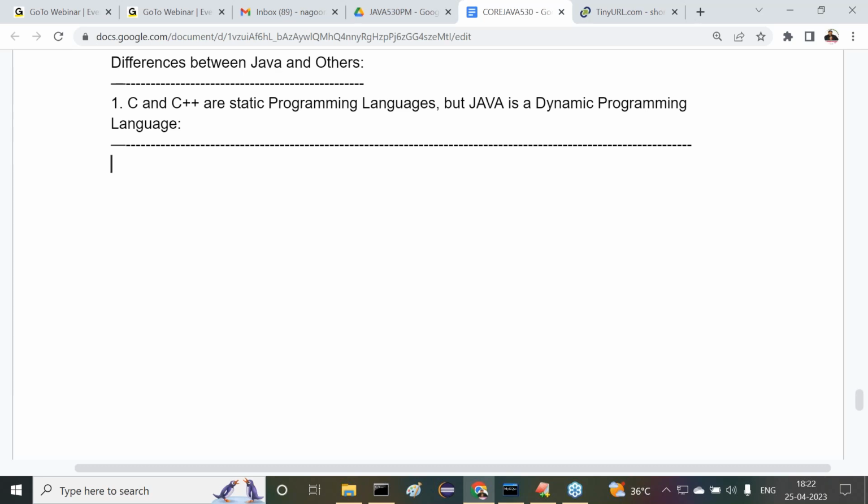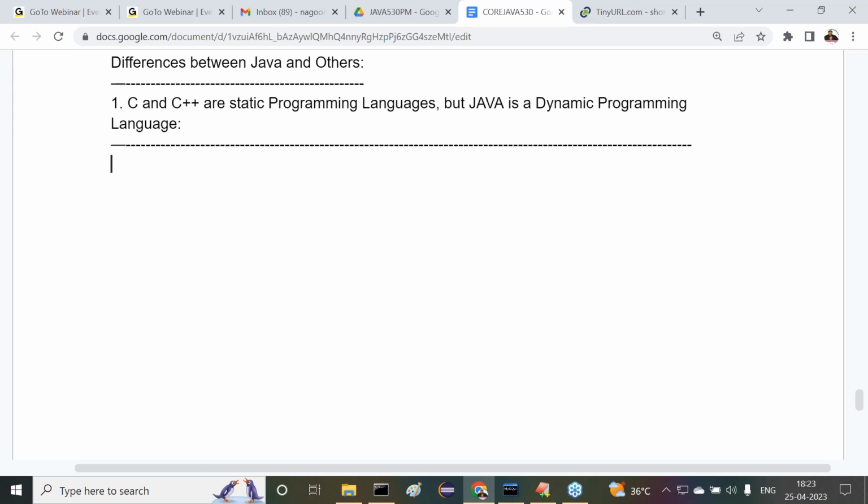If any programming language provides memory allocation for the data at compilation time, then it is a static programming language. Similarly, what is a dynamic programming language? If any programming language is providing memory allocation for the data at runtime, not at compilation time, then that type of programming language is a dynamic programming language.